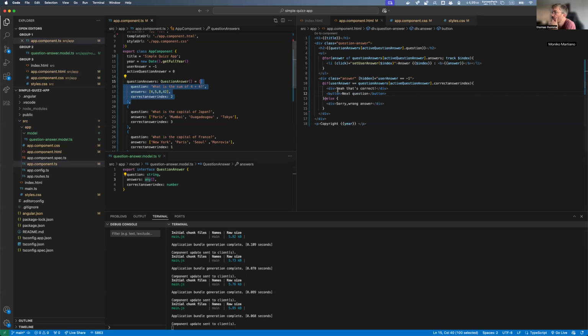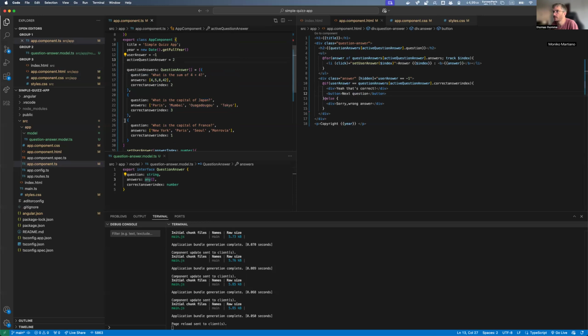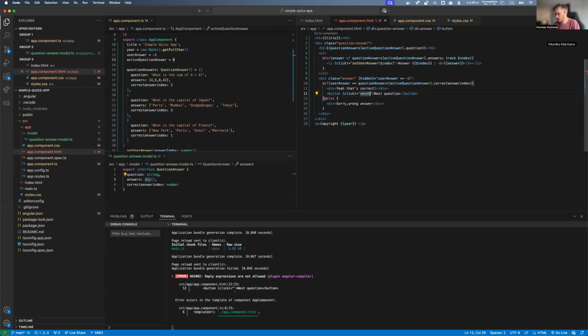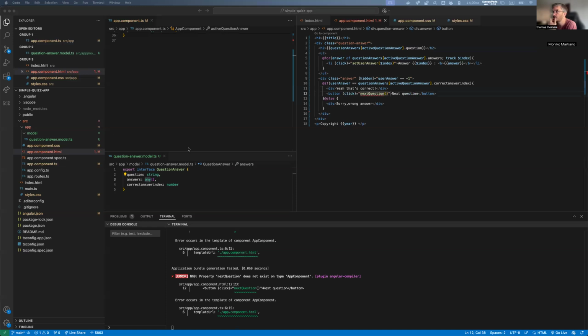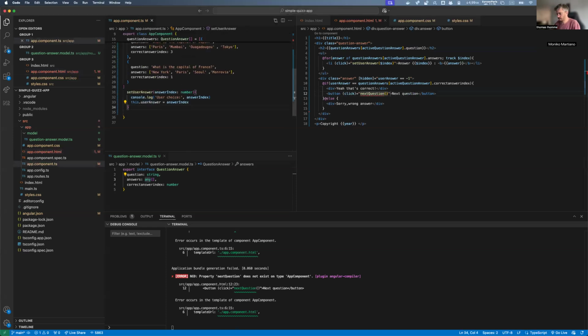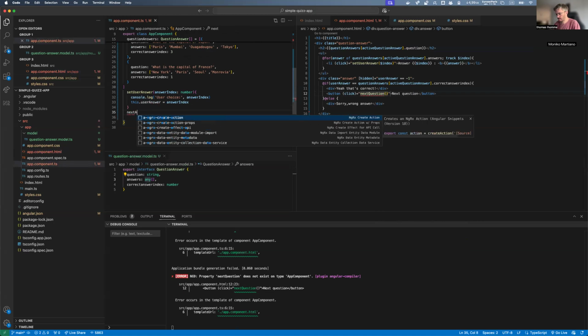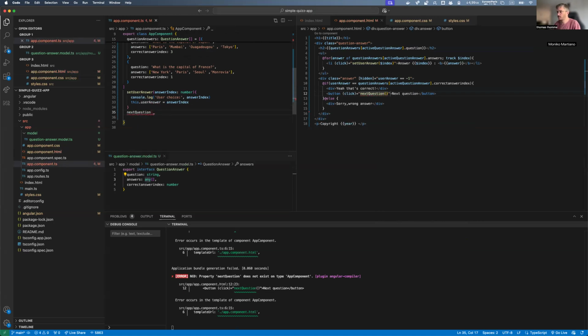So we understood that we are here because we set the 0. What we want to do is, when we click, change the value to 1. So then it will go on this one, then change to 2, so it will go to this one, etc., etc., right? So let's try this. I'm going to do a click here. I click next question like this. And I'm going, of course, to create the method that goes with it. All right, so next question.